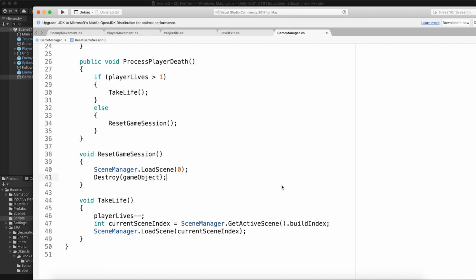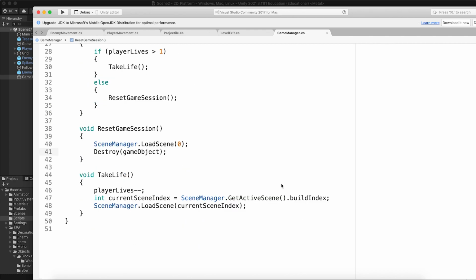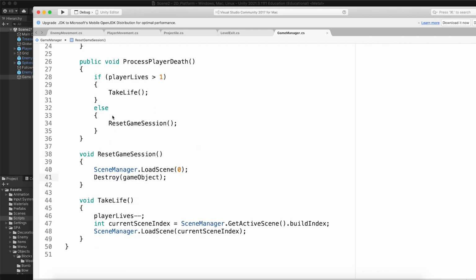What's the word I'm looking for? Multiple game managers running through our game. Cool. So now we've got this. We have created our process player death as a public. So this needs to go into our player script simply because it's going to take the life away. It's literally going to do the life away, and then it's going to do the reset game session. Cool. So let's quickly save this, and then we can jump